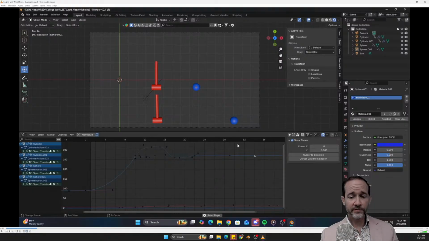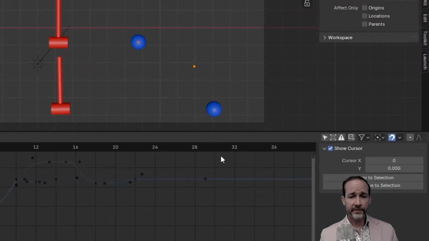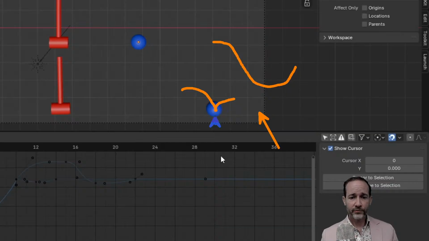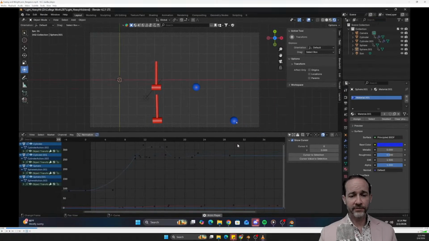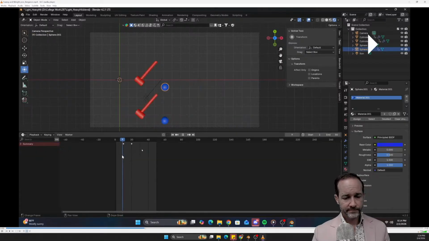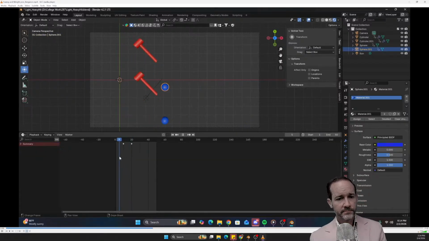I'm not sure where that is on the F curve here, but this change in direction on your graph editor looks something like this, and even though it's slowing down, it's still going to have to look like that in order to look as if it's bouncing off the wall, right? Because this communicates that you're decelerating into the wall and then accelerating again, whereas this is that instantaneous bounce off the wall. Across the ground horizontally.